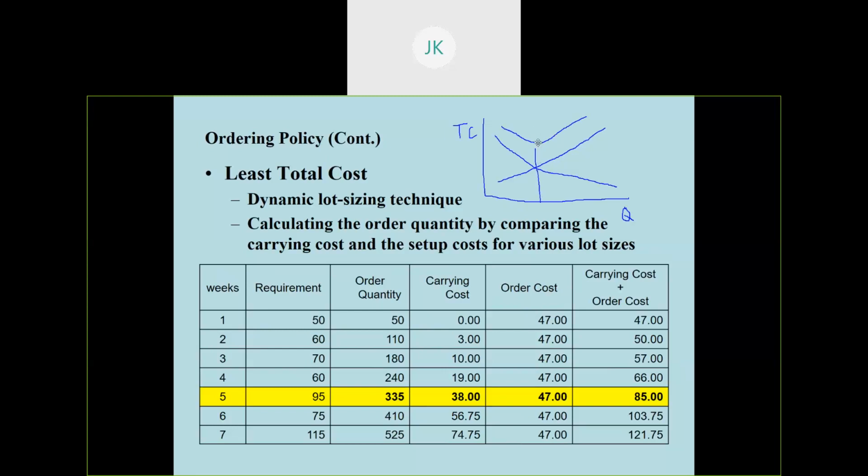When the total cost is the least total cost, that is like the optimal Q. On this point, order cost and inventory cost cross. So from this idea,